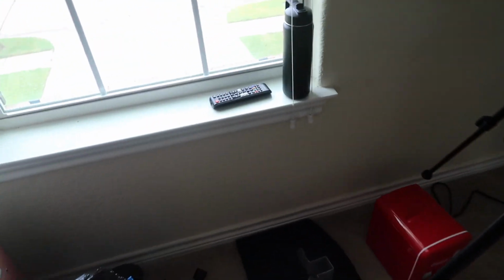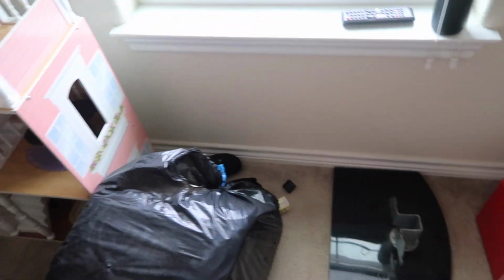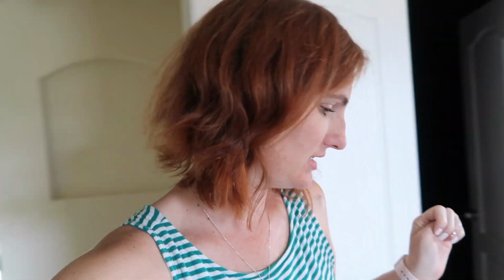So this whole entire room gives me anxiety, and there's really bad lighting up here. Let me turn the light on and see if that helps any. But it's really bad lighting. Yeah, I need to change out the light bulbs. It's awful. So I'm just going to start moving things around, picking things up, because there's also DVDs